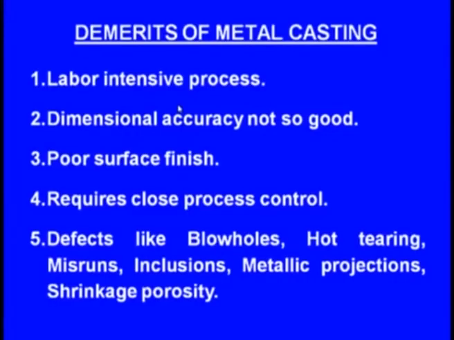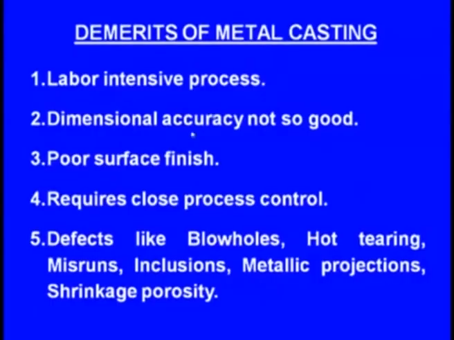Next one, the demerit of the metal casting is the dimensional accuracy is not so good, because we use the sand medium, right. So, there will be small irregularities on the sand surface. That is why even the casting will develop this kind of small irregularities on its surface. To overcome this limitation, we keep the size of the pattern little larger, so that later we can machine the casting. That is how the dimensional accuracy of cast parts is not so good.